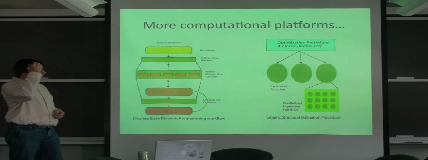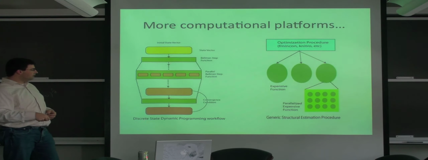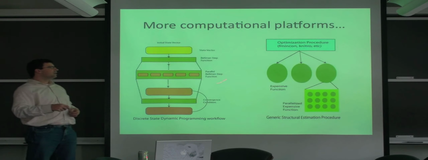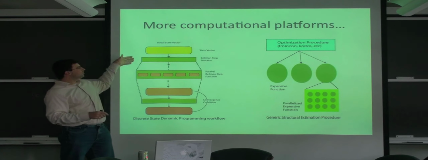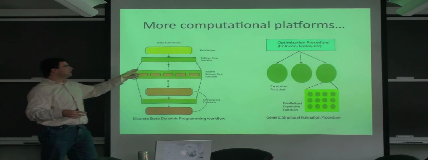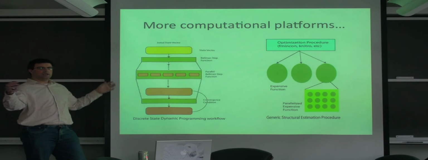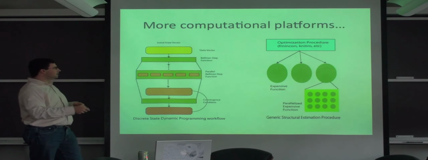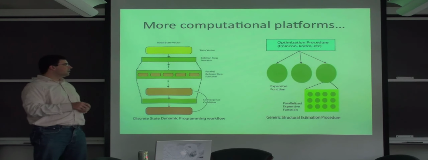That's the dynamic problem. I did it for a discrete state, and because the state was discrete, I was able to parallelize it. So if this state vector that you're working in is too big, and you're doing the optimization function on that state space, you can also parallelize that, so you can get the speedup from there too.